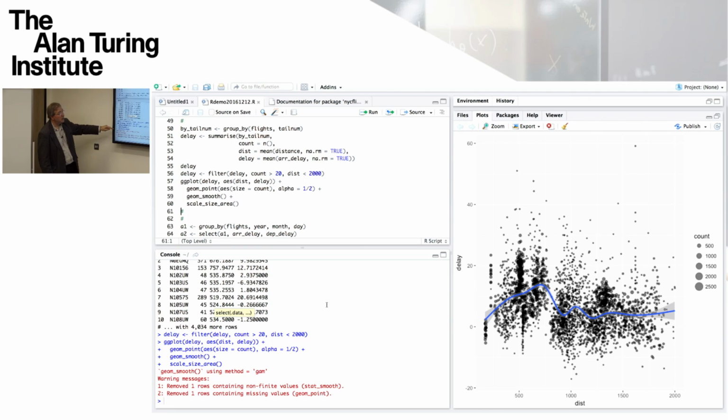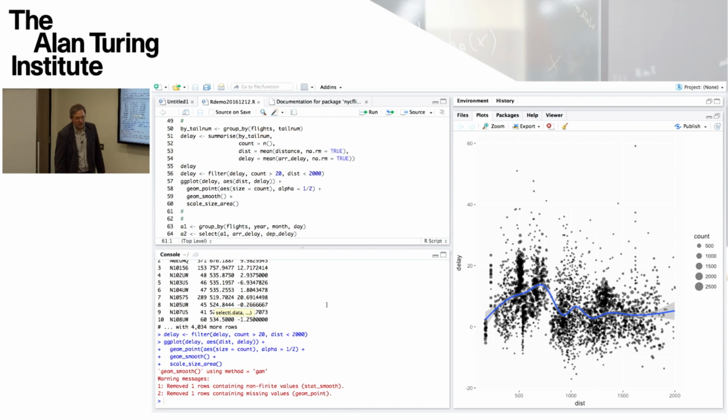And then the scale on the side here is just given by this area scale associated with the size aesthetic. So it's a scale that's being put on which labels that for you. So there are different sizes given here according to the different values of the count.